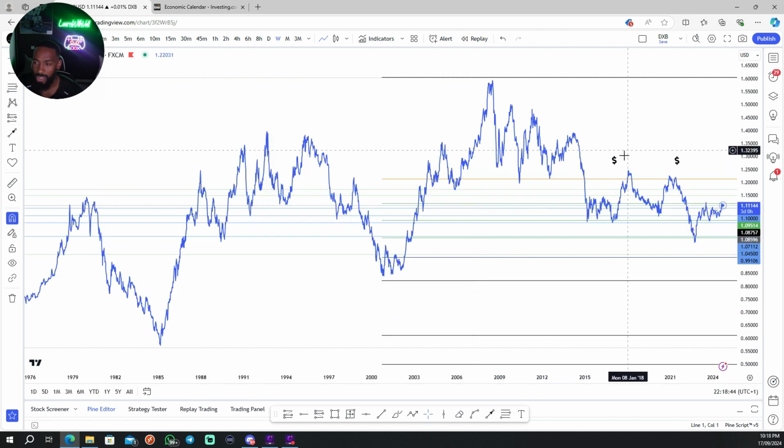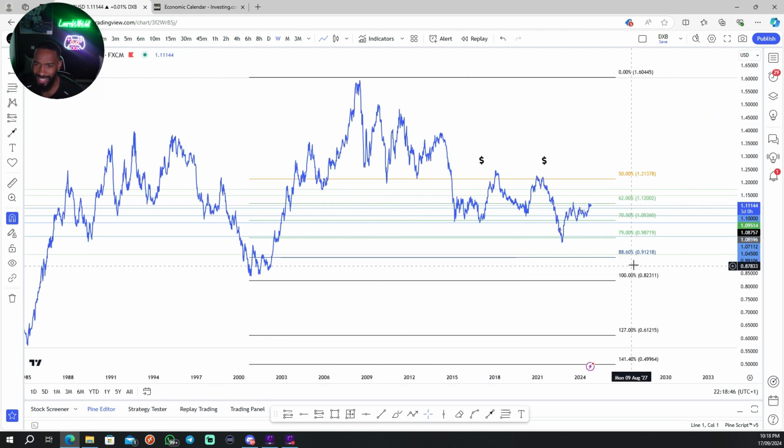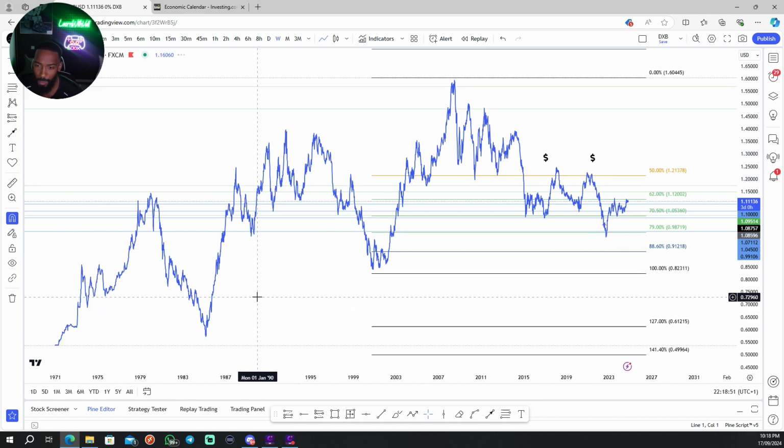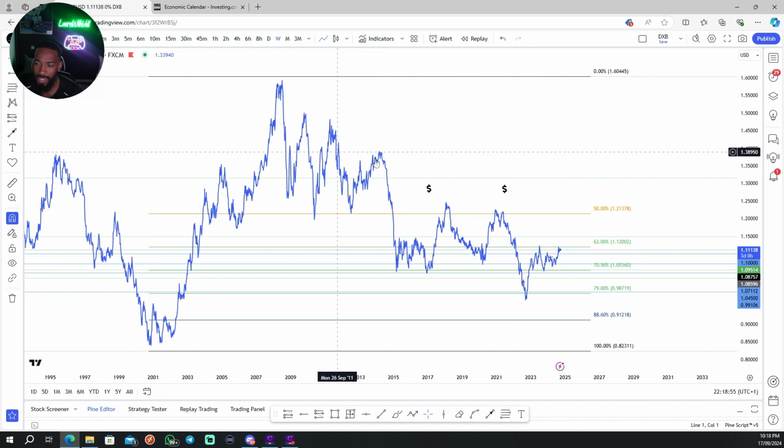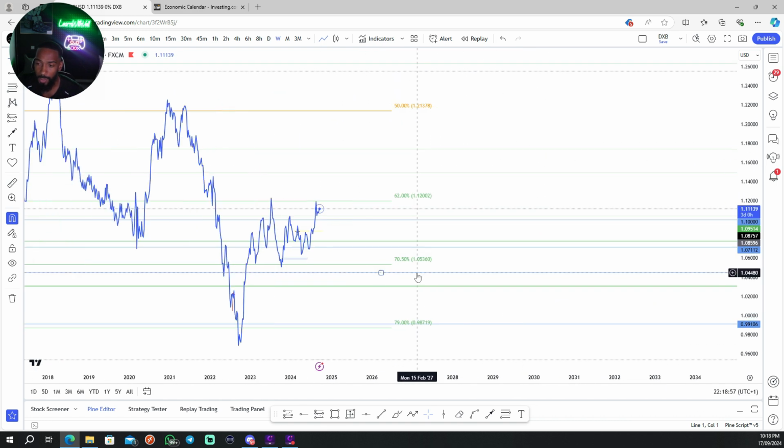Now, when we look at this chart, what we can see here is there is a lot of liquidity above. There is still some below as well. We can't act like there isn't some below, but there is a lot of liquidity above. And for that, what we could be seeing right now is price continue to push higher just for the short interim before we potentially get price coming down lower.